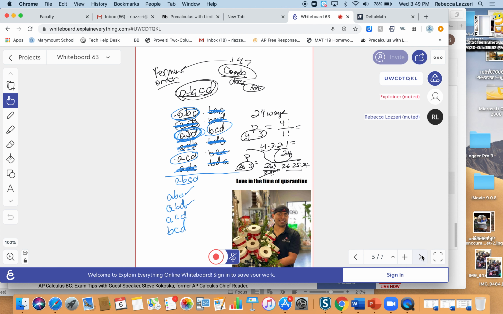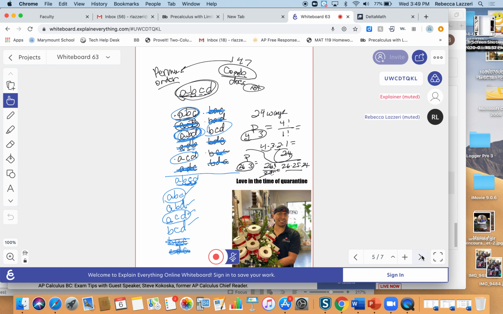All right, so far, with my A's, I could put them with B and C. I could put them with B and D, or C and D. What could I do with B? I could put B with C and D. Is there anything else I can do with B? What if I put B with A and C? I've already done that right here. All right, so are there any more? I could put C with D and A. Do I have a CDA? I have it right here. I've already put those people together.